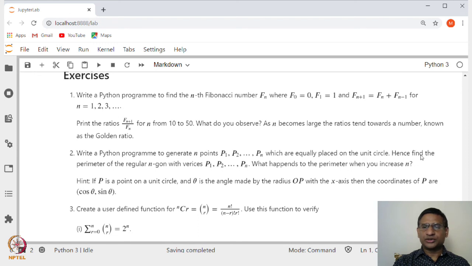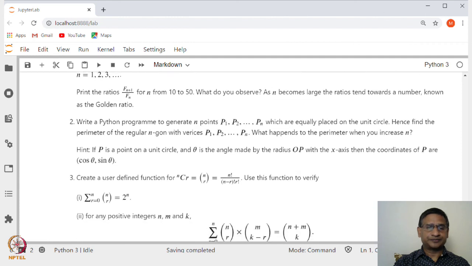Okay. And hence you find the perimeter of the regular n-gon with vertices p1 to pn. Okay. And as you increase this n, you will see that the regular n-gon will become like the perimeter of a circle, and so this is another way of approximating the value of pi.